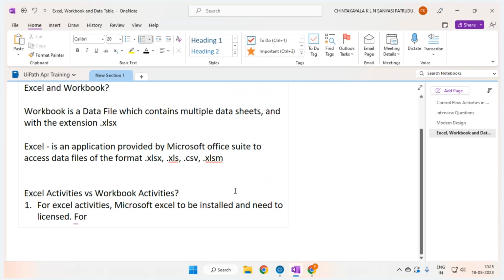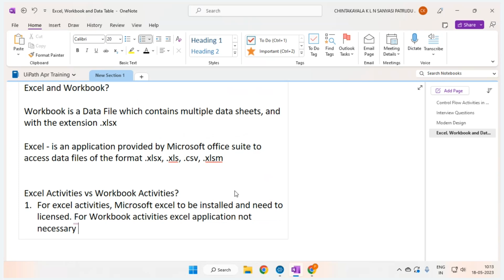Whereas for workbook activities, the Excel application is not necessary to be installed. Okay, which means